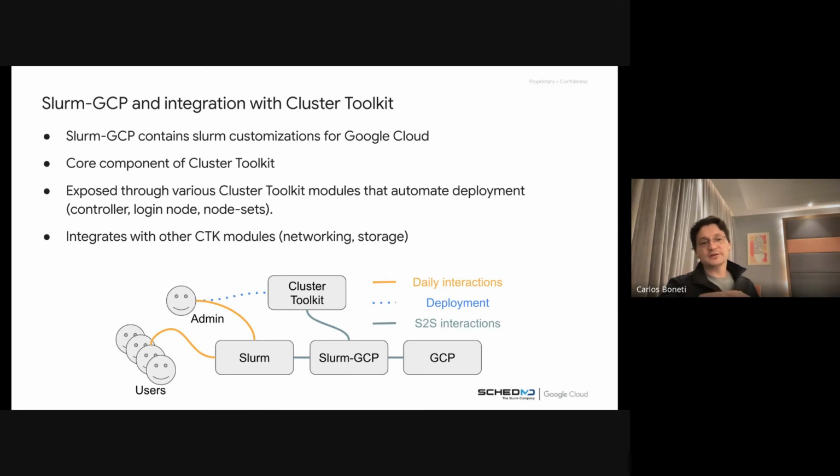There you will see various modules that exist, like a controller module, a logging node module, a node set, a partition, and you configure those in the blueprint. And by the time you hit gcluster deploy, it will leverage Slurm GCP and create infrastructure, right? The reason we did that is that the toolkit has many other modules, like storage, for instance, and networking. And then it's very easy for you to just say, use Parallel Store or use Filestore. And that